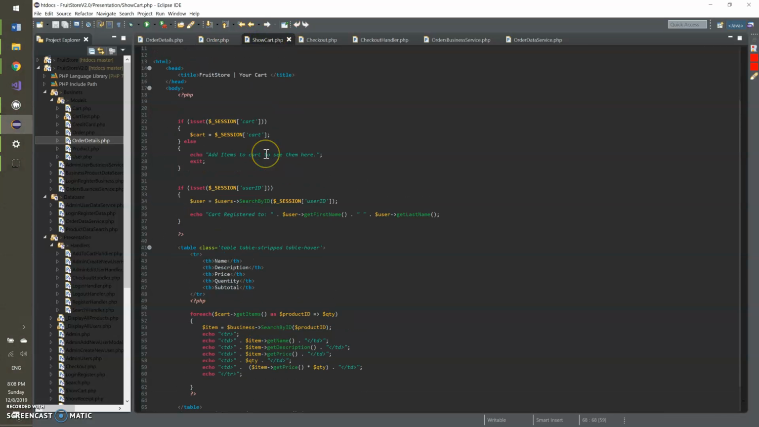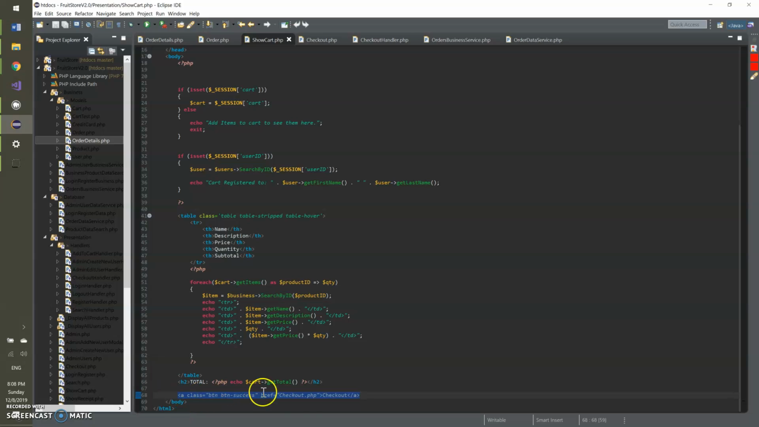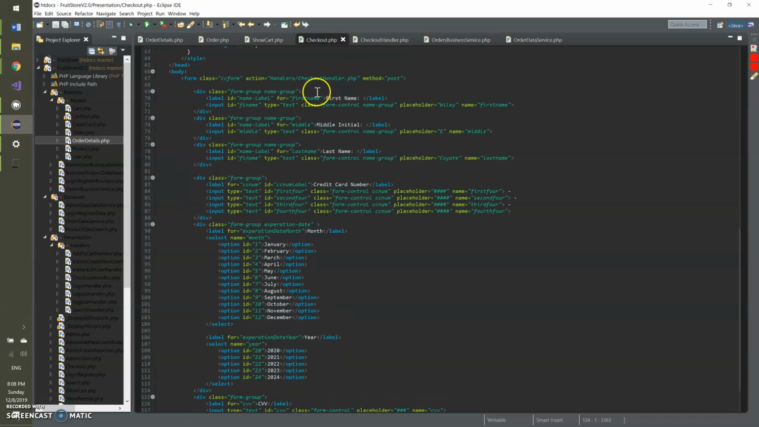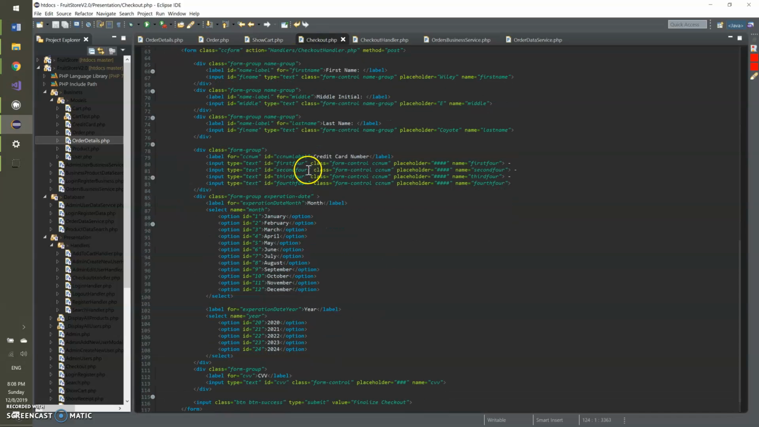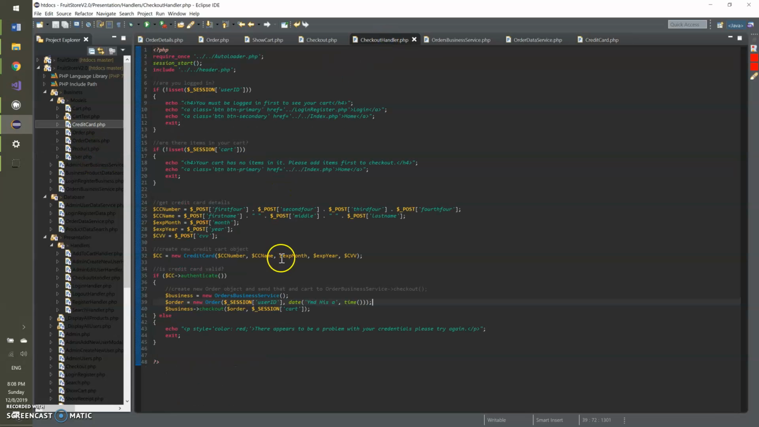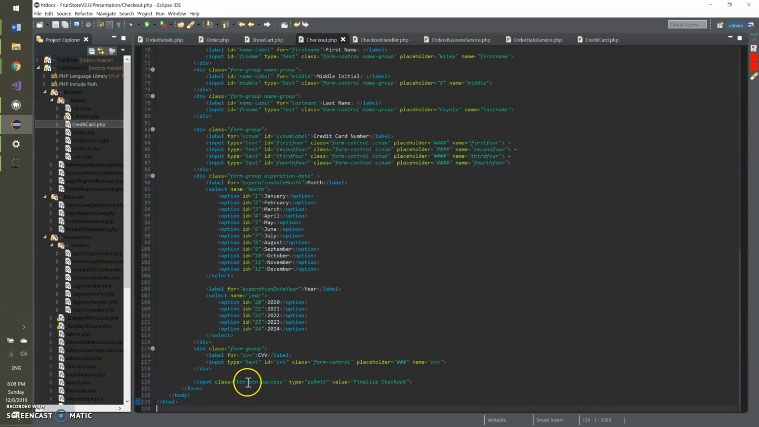So we've got this show cart. The only update that we've made here is just adding a button down here at the bottom that sends you to checkout. Checkout's right here. It just has input information for credit card, which I also made as an object, but I also hard coded it in there. So then, when you click that button down here at the bottom of checkout, the finalize checkout button,